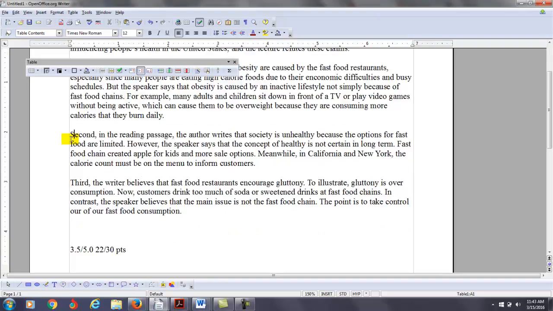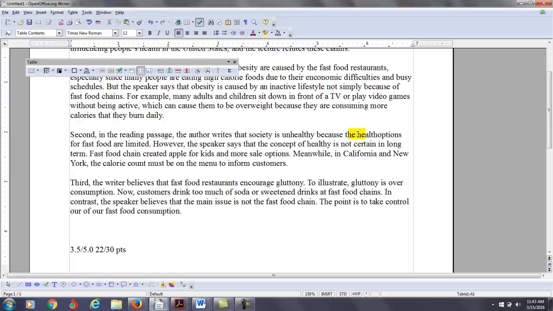Alright, let's go to your next one. So second in the reading passage, the author writes that society is unhealthy because the options for fast food are limited. You want to say maybe here, the healthy options for fast food are limited.